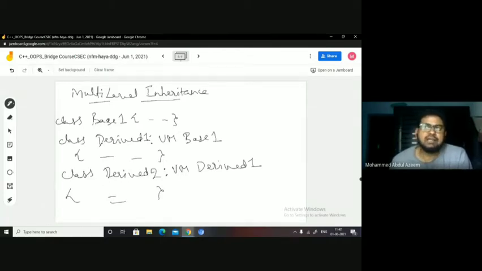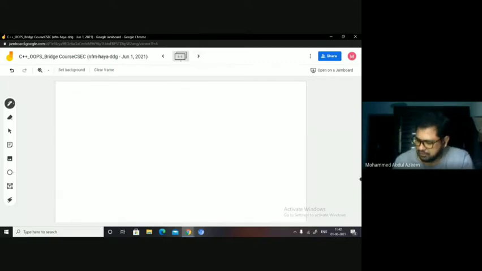So it means I can inherit the base classes at any level, right? And this derive 1 class can also be further multi-level. If I have, let us say, a derive 3 class where I'm inheriting derive 2, then derive 1 also has become multi-level, right? 2 levels, and base 1 becomes 3 levels. Yes or no? So that way you can have any number of levels of inheritance. Like how you have a tree structure, right? It's a kind of skewed tree, you can say, rather, right? Skewed tree structure. Similarly, if I go with multiple inheritance,